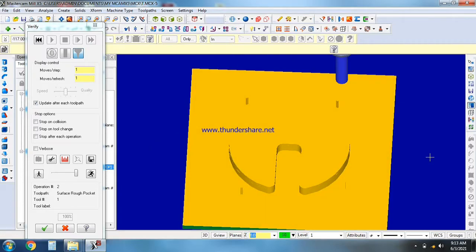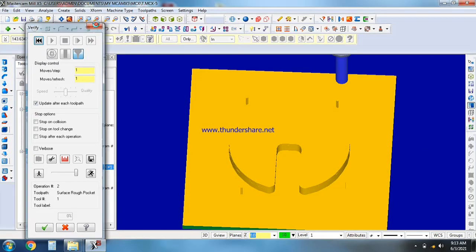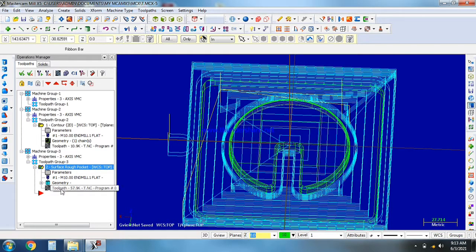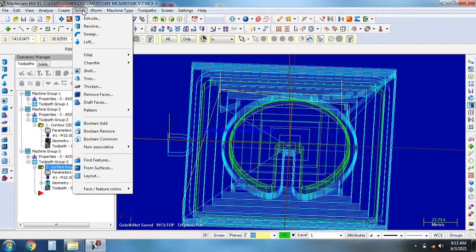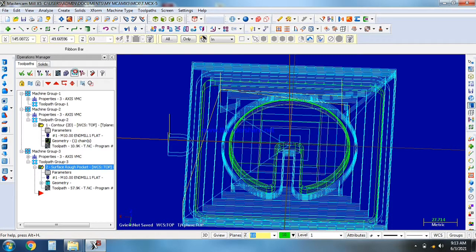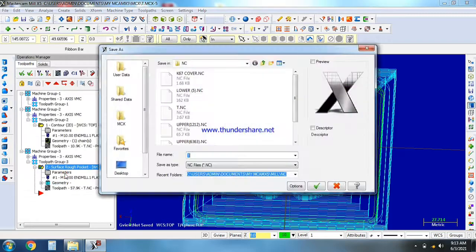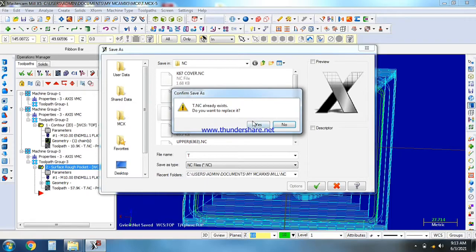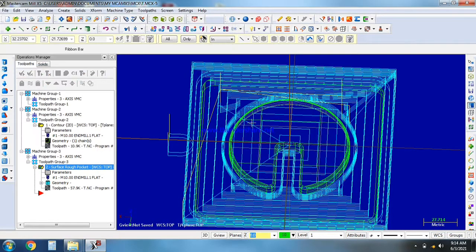I show some excess material is outside. There is a normal program used to remove it. Then another is the 2D method. We select the 3D solid material. We take any one tool path of simulation. Yes, we get the program now. The name already given, T, replace. Yes, okay. The program is calculated.